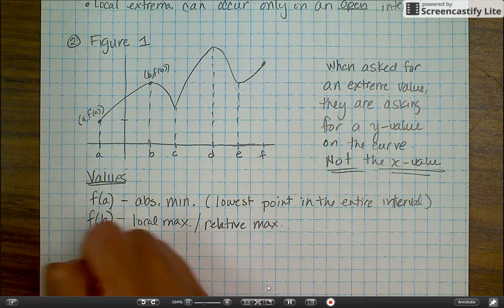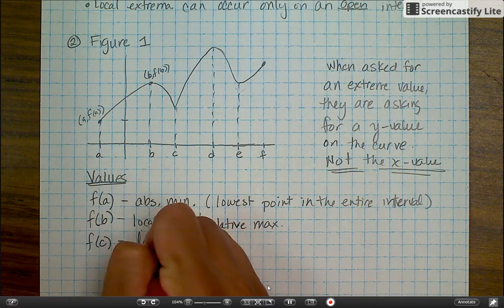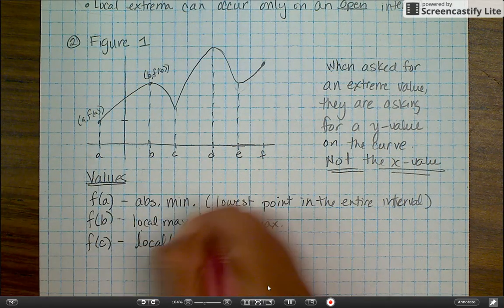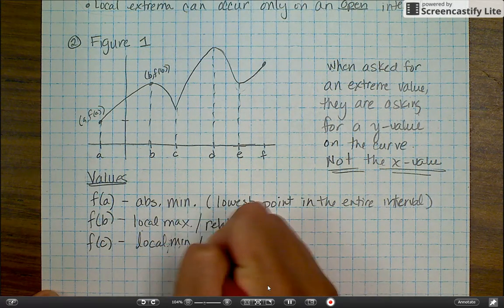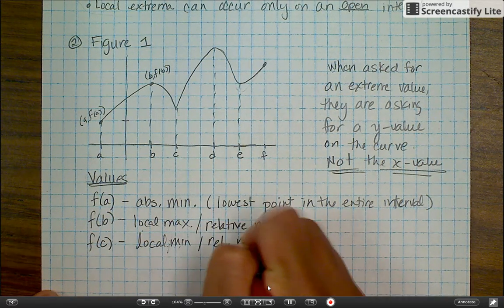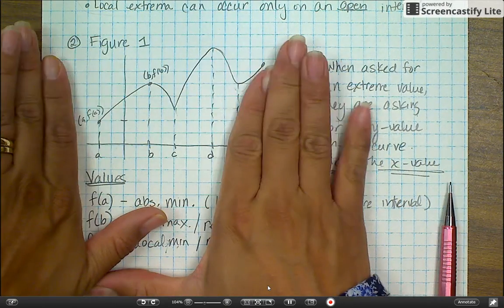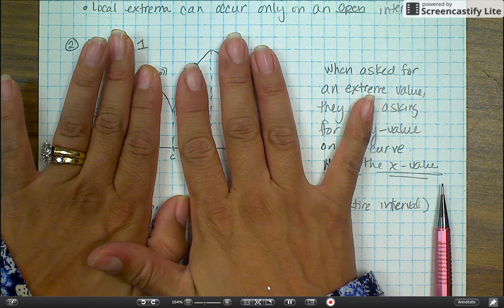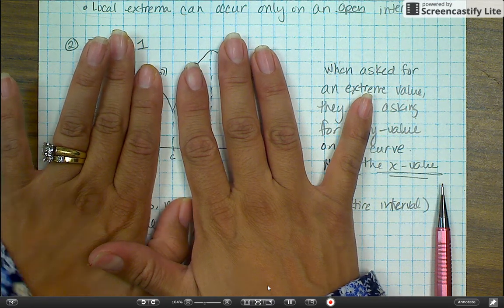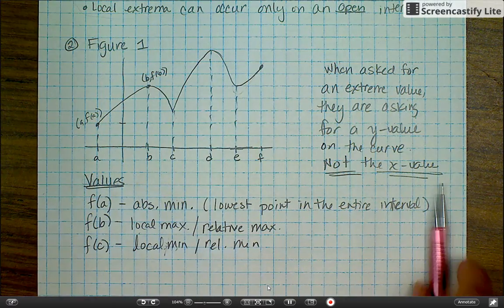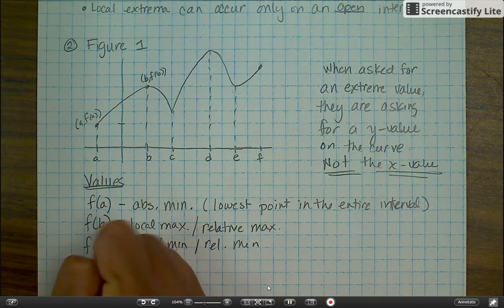Now let's look at f of c. F of c is a local minimum or relative minimum. So if you look locally around C, not using the whole interval, but just close by it, it is the lowest y value around C. Okay? If you look at f of D